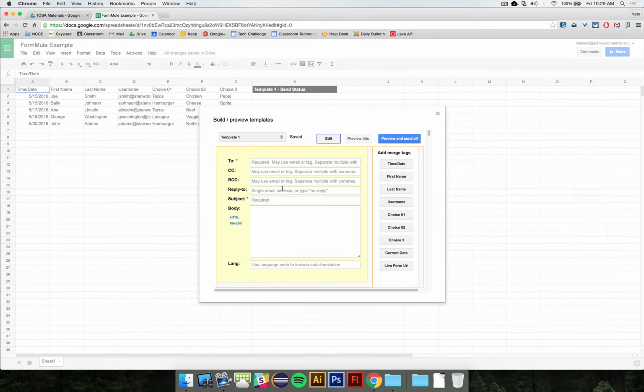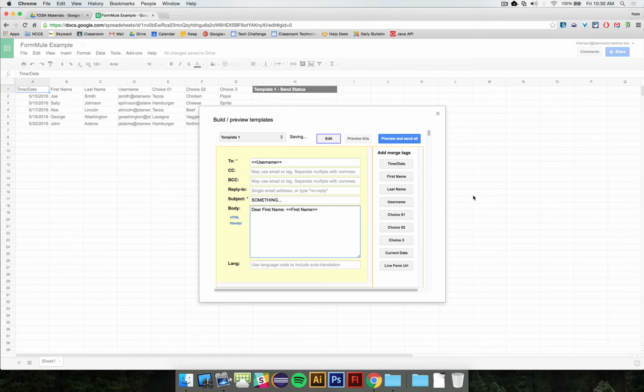And here is the message. So in the to field, you want to use the column information here to get their email address to go into the to field. So you just go down here to the tags that you can use and click on username. And so you get the double brackets here with username, and that means it's going to pull the cells from this column for each mail merge. The subject, you need to put something in here. And then the body, you can say dear, and then you can put in